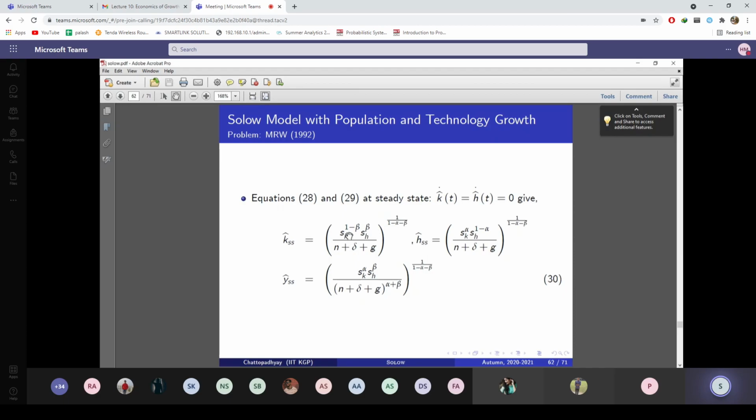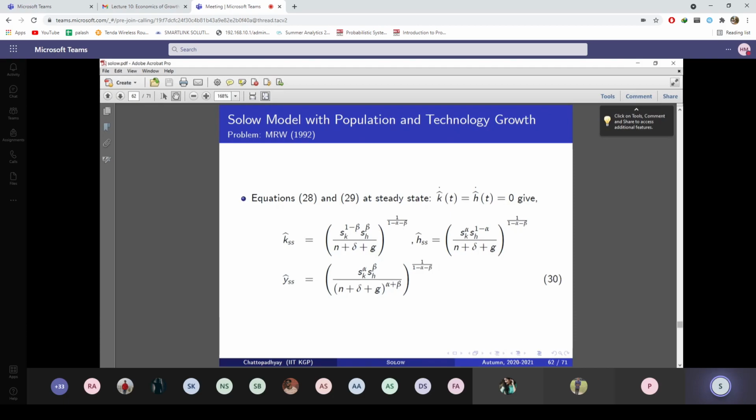So when your SK rises, your K and H rise, causing your per capita output at the steady state to rise. Similarly, if your SH rises, your output also rises by raising K and H. The next part is whether I have derived it correctly or not. If you simply set beta equal to 0, you get the result of our standard production function without human capital.